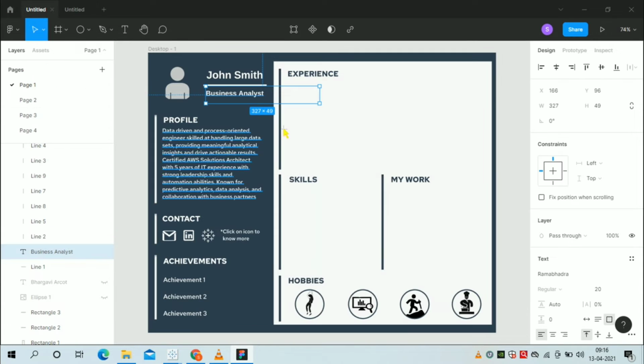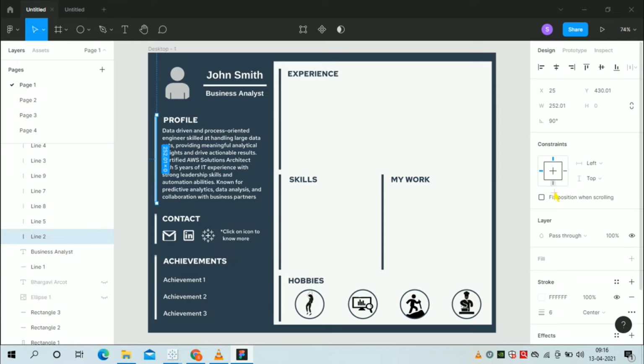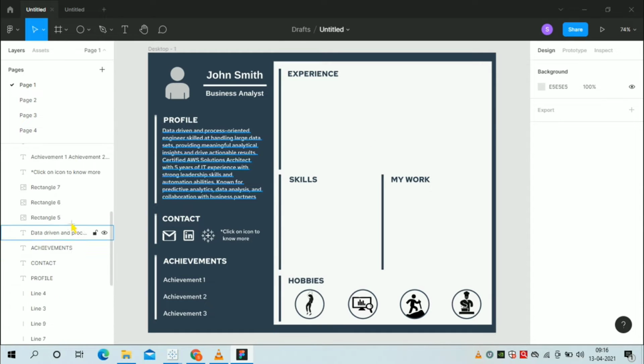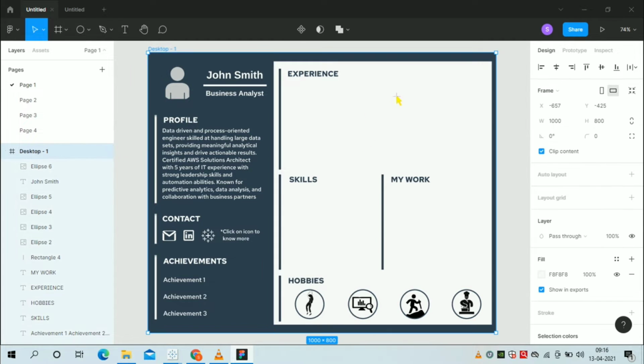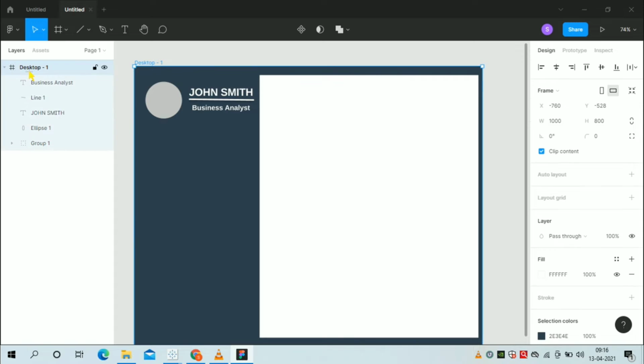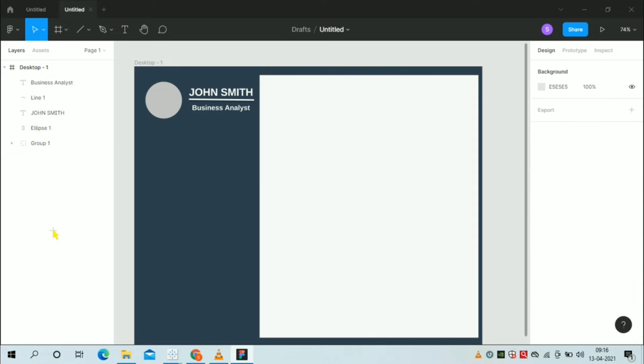So now we will add the tags like profile, contact, achievements and these lines in our Figma template. Before that we will change the color of the background. For that, click on desktop and in fill colors type F8F8F8. Now the color of the background is changed. Now select the line and drag the line.